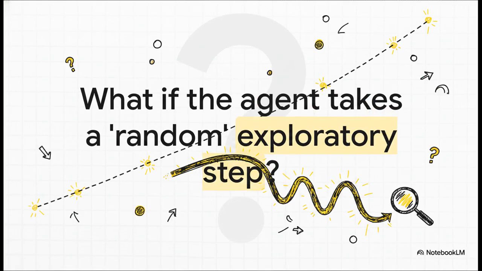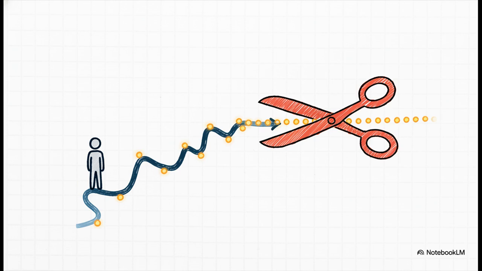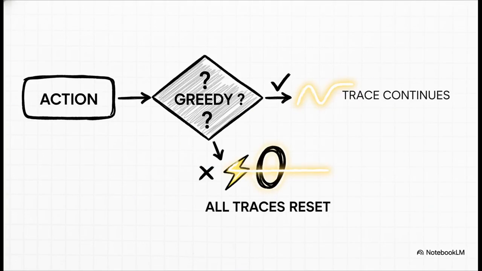So remember, Q-learning is all about learning the value of the best possible greedy path. So what happens to our nice, neat credit trail when our agent takes a detour? When it deliberately wanders off that optimal path just to see what's out there? The answer is pretty dramatic, but it's simple, and it's correct. You have to cut the trace. Just sever it. The moment the agent deviates from that greedy path, that credit trail you've been building up is no longer valid. It doesn't predict what's going to happen on this new exploratory path. So you have to reset it. And that's the core logic behind Watkins's Q-lambda.